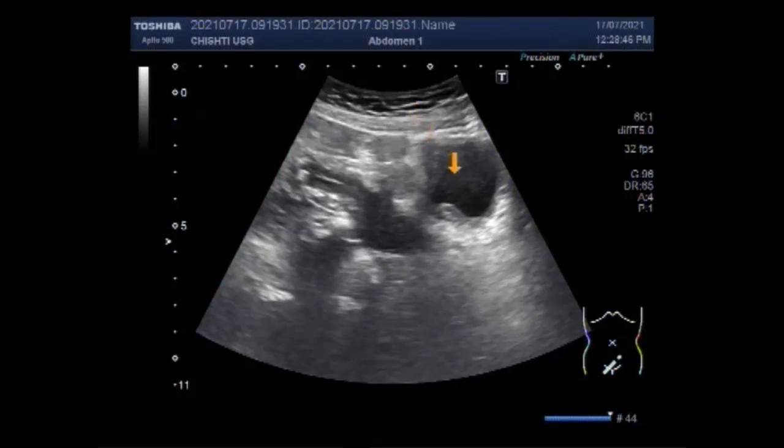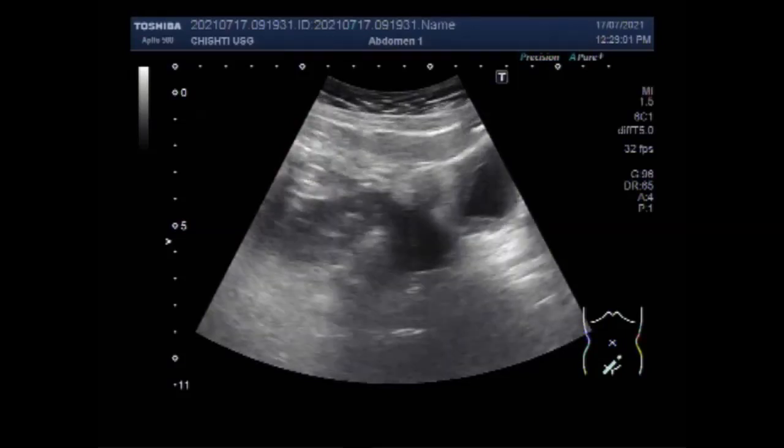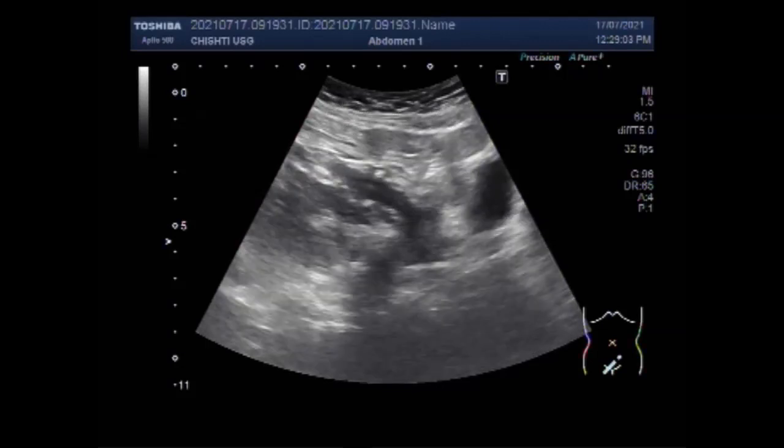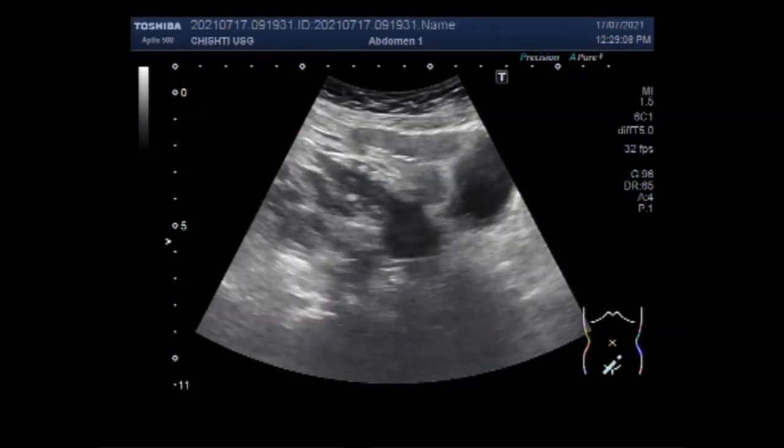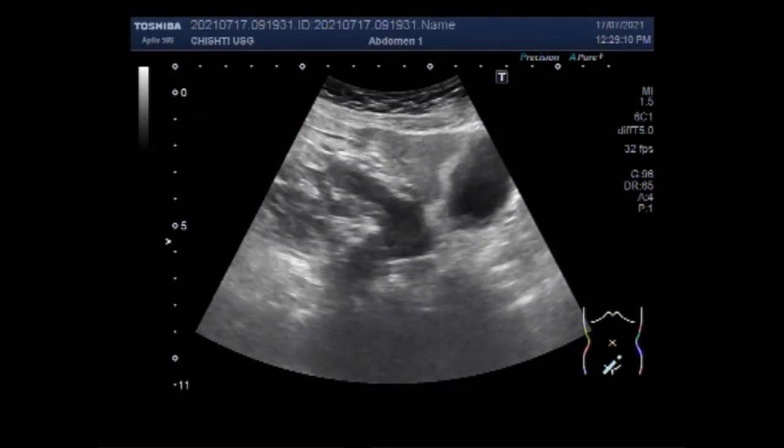This ultrasound video shows a large vesicle growth. You can see this is the uterus, cervix, and urinary bladder is also seen. The patient is aged about more than 60 years of age. Female patient, of course. Now this is urinary bladder, this is uterus, and this one is the cervix.